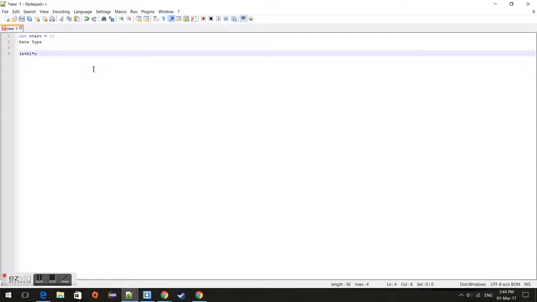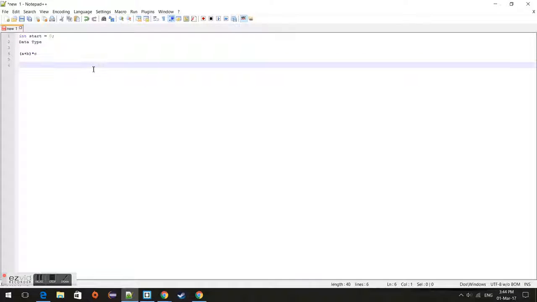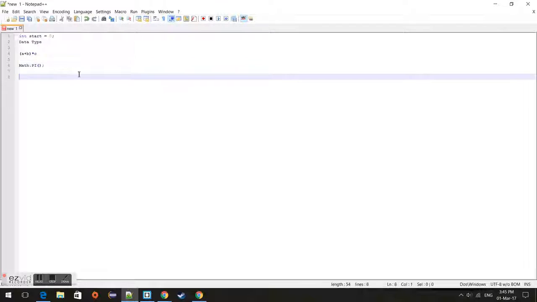However, there are limitations to what arithmetic operations can be used. However, Java has developed ways to deal with this. Now, I don't expect you to fully understand what I've written here, but this is an example of how Java has dealt with it by using a math object and then using .pi. Now, this will allow us to use the .pi as you would normally expect it to be used in the